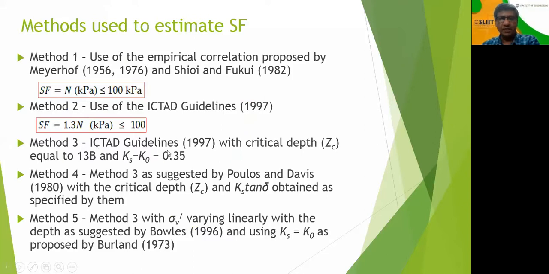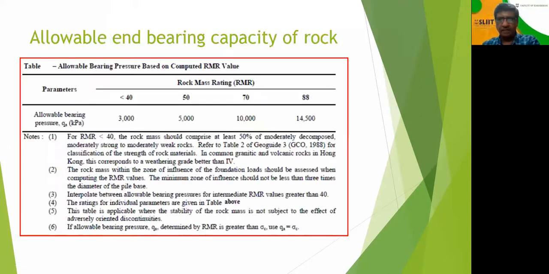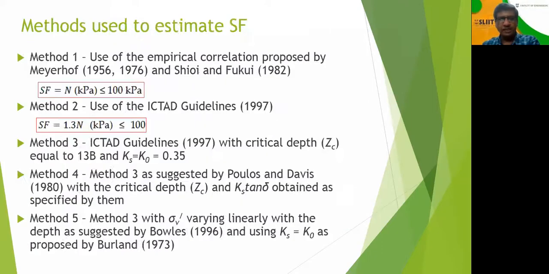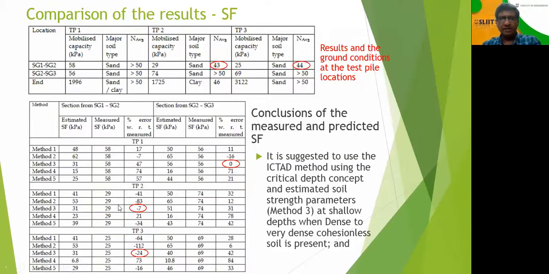So you use the ICTAD guidelines and critical depth concept as 30 times B and Ks is equal to K0, right? So if you use the critical depth concept, you can see that method 3 is actually giving the lower error. Coincidentally maybe, if you consider the case for test pile 1, where you have